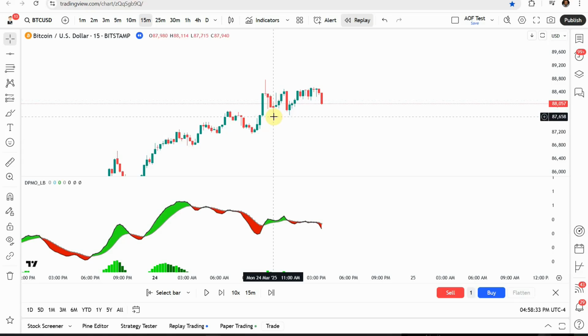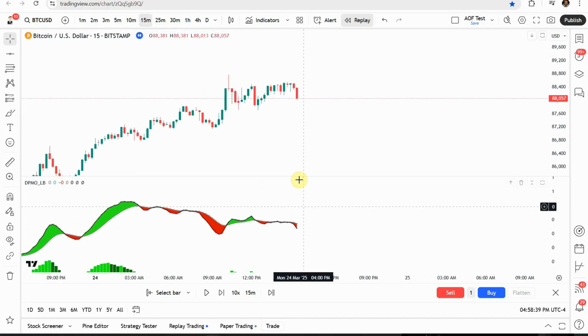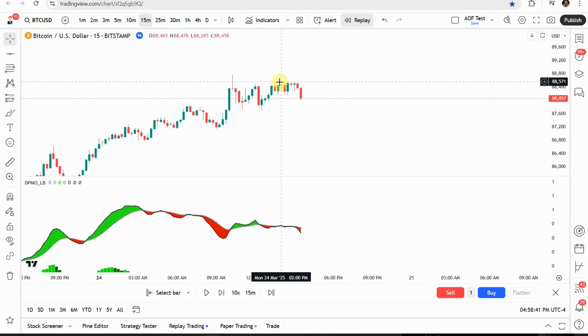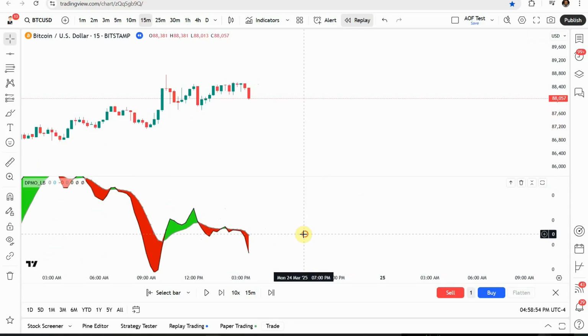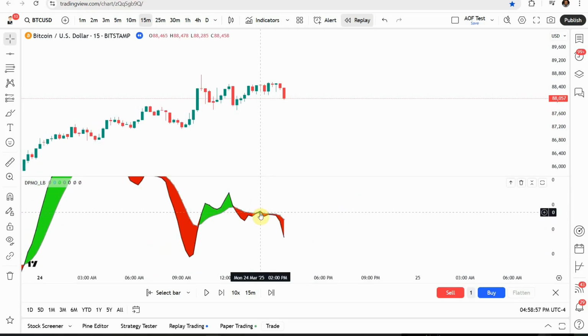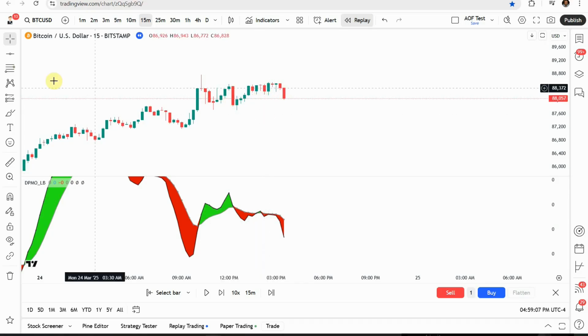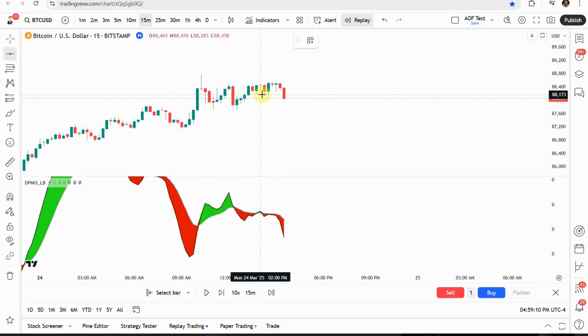Now, initially, you would have set the line for the break right here at the low of this candle wick. But then we actually push up a little bit higher right here. And we're looking at the close of the candles, not the wicks of the candles. So we close higher right here. And as we do, it's kind of hard to see, but we actually get a little bit of green from the decision point oscillator, and that would establish a new divergence,